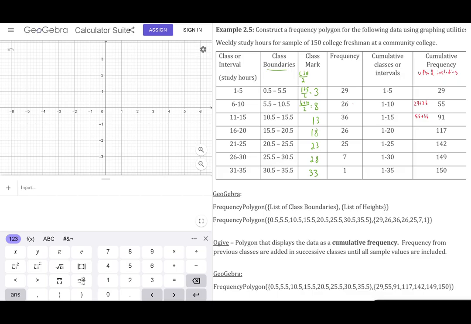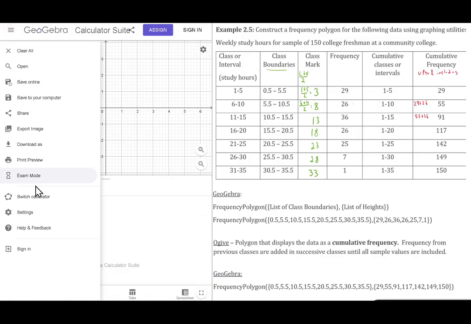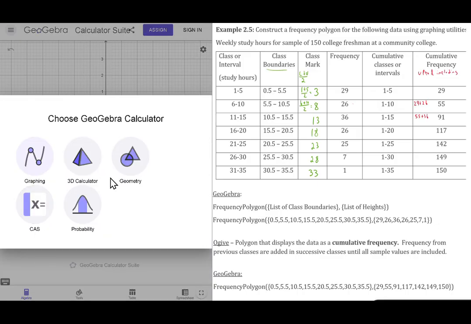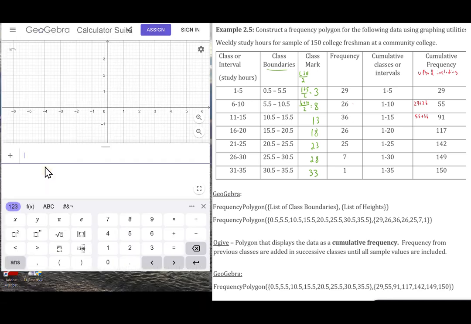If you have a smartphone or a laptop or a tablet or any computer, you can download Geogebra, which is a free app. You can change to a different calculator. We have graphing calculator access here. We'll use the probability calculator in the future, but in the graphing calculator we are going to try to graph